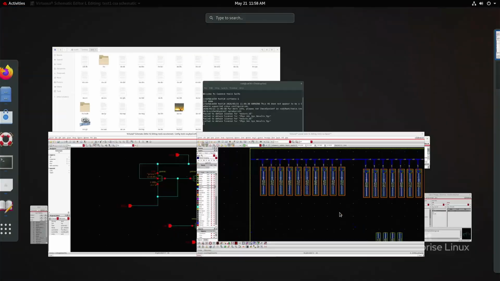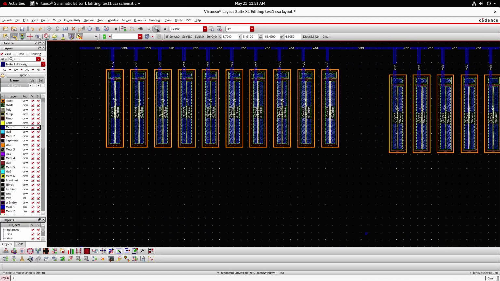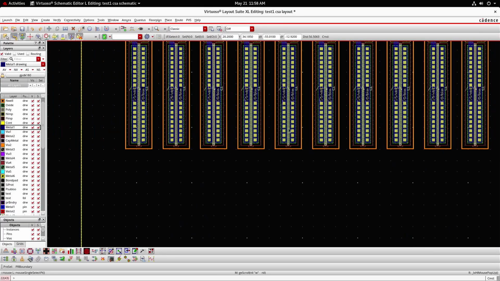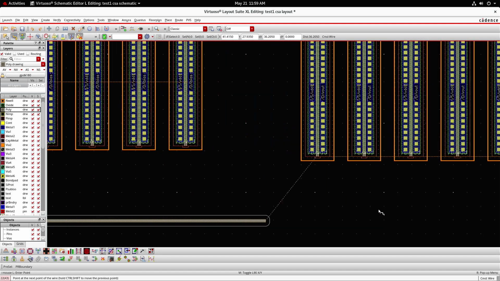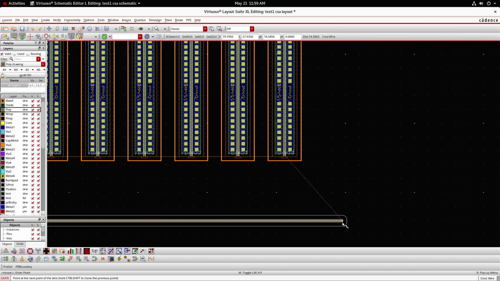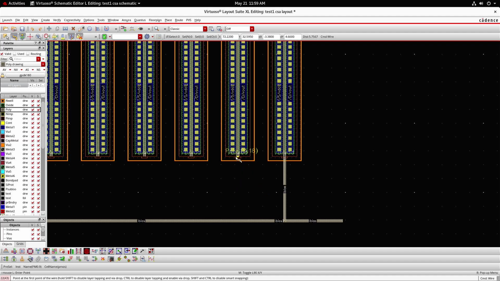To perform the gate connections, just extend the poly of this by clicking on P. I am going to connect all multipliers into this so that all the multipliers are connected. It reflects the shorted gate connection.